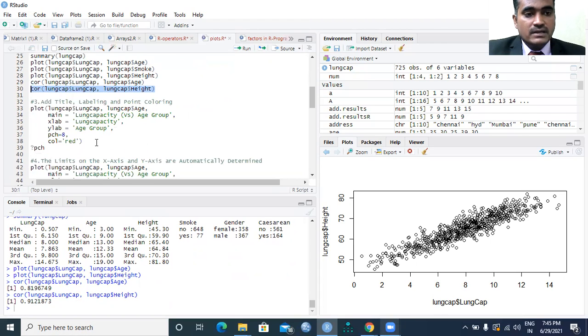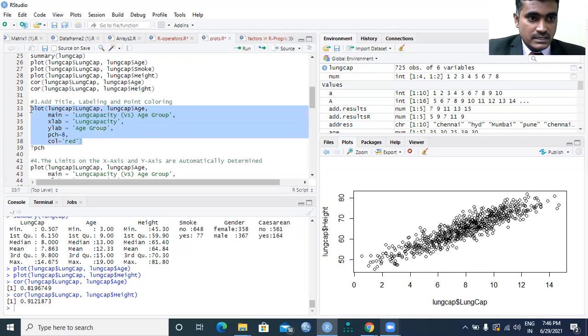And now what I'm trying to do is add labels to the main title, the x-axis and the y-axis, and the dotted points with respect to their shape and the color inside the dotted balls, and the shape of the dotted balls. The x-axis label, y-axis label and the main label, I want to add all those things.